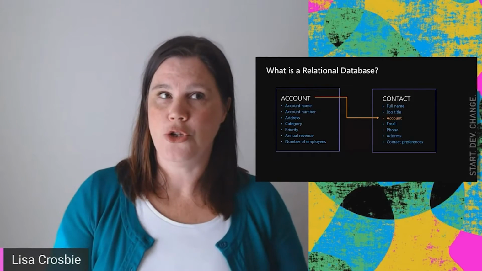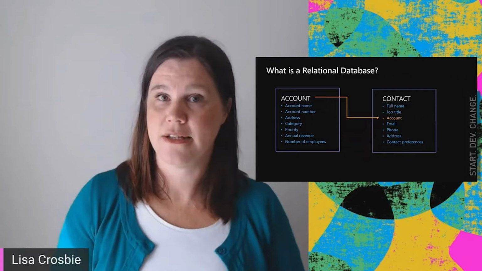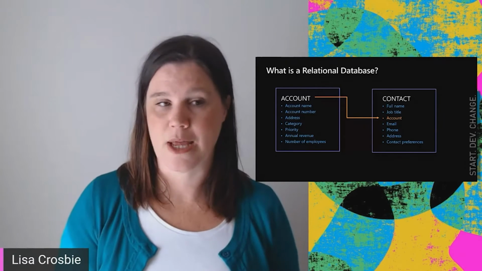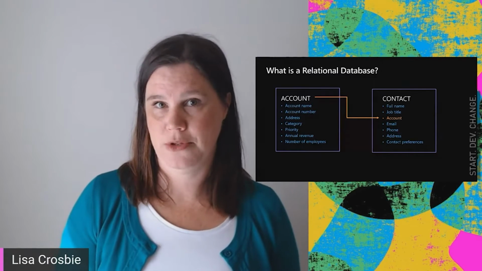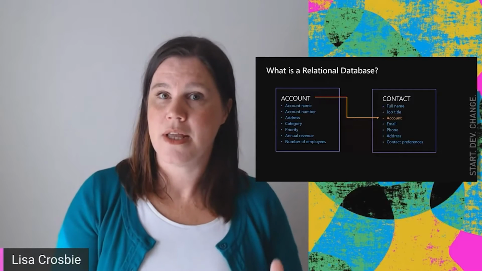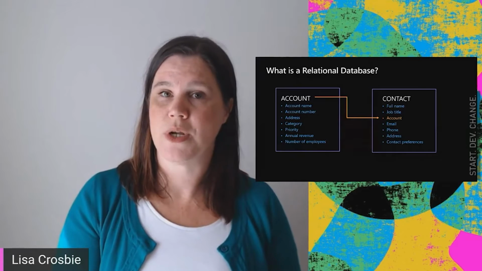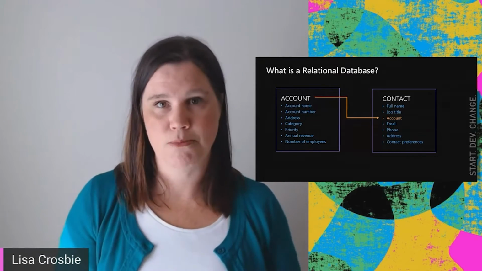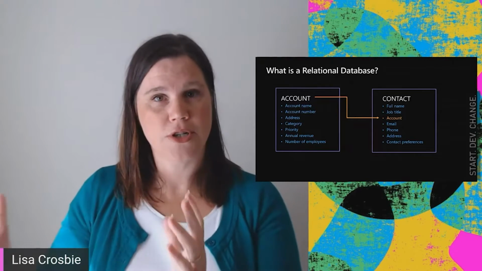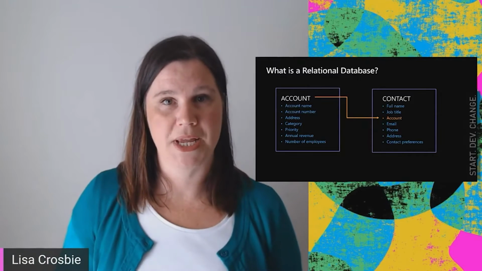So imagine you are working in an organization where you need to keep track of your customers, your contacts, and the account, the organizations they work for. A simple example. And so each of those things is what we call an entity or a table in a database. The accounts have different attributes associated with them, or fields. So we have the account, which is one type of record, an entity or a table, and we have account number, account name, addresses, those sorts of things.